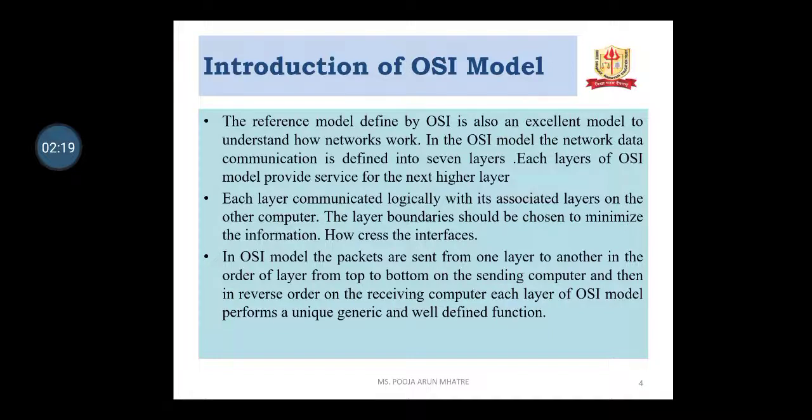In the OSI model, the packets are sent from one layer to another in order from top to bottom on the sending computer, and then in the same order on the receiving computer. Each layer of the OSI model performs a unique generic as well as a defined function.